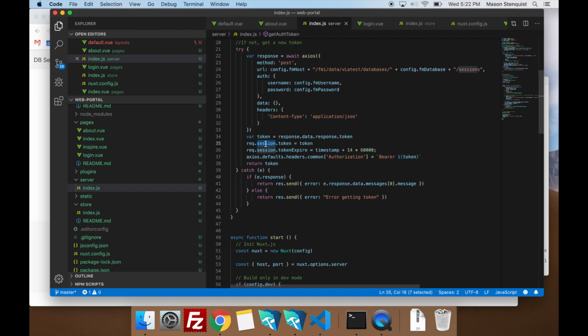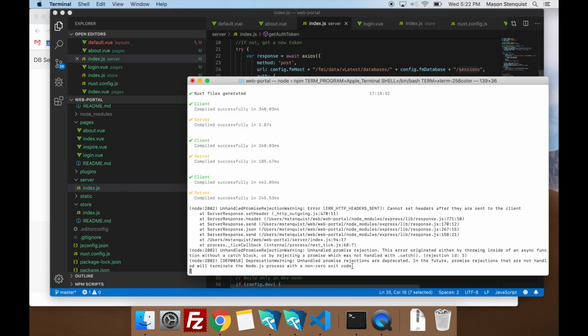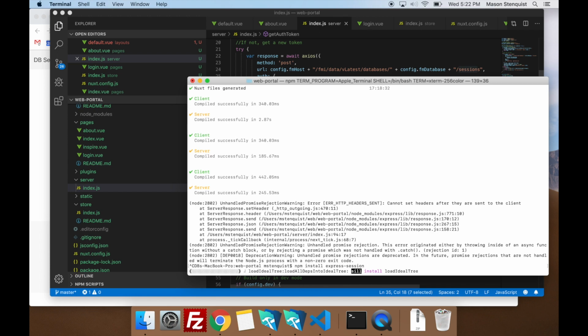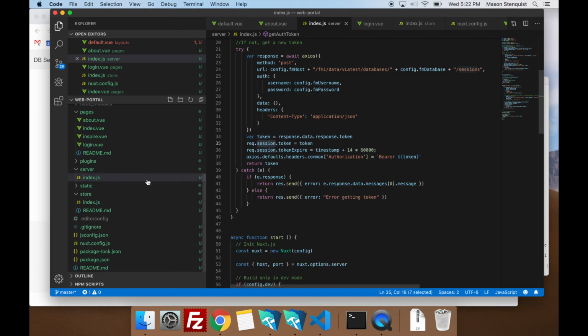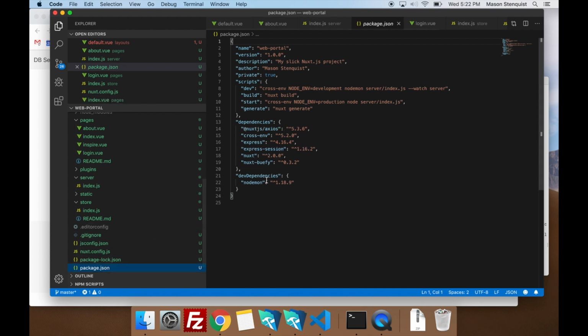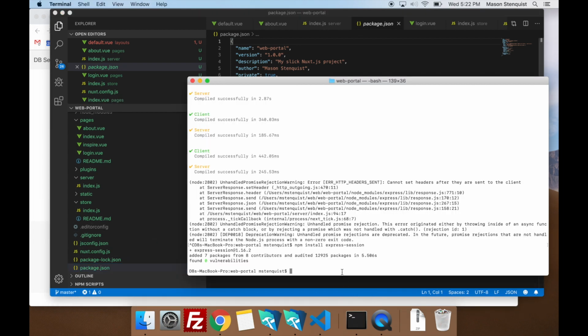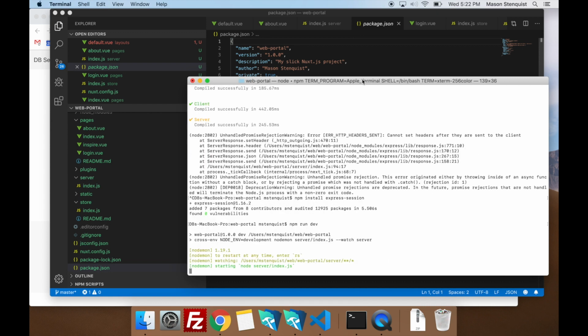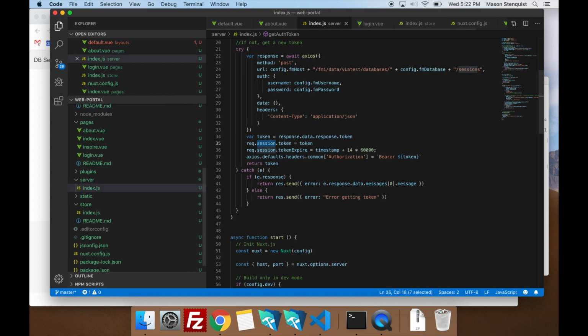Well, by default, that is not set up, so we would just go into here, do Control-C to stop our command. I'll do npm install express-session, and you'll notice in our package.json it'll get added here. We have express-session now. All right, and then we'll just go back to npm run dev, and we can close that.